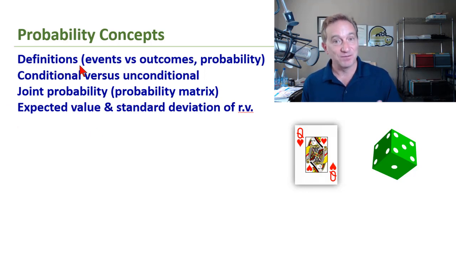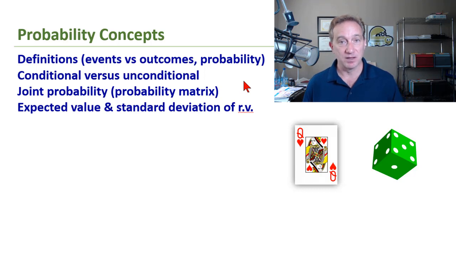definitions. We want to get off on the right foot in terms of defining our concepts, including the distinction between an event and an outcome. And also we want to formally define what it means to be a probability, so that when we refer to a random variable, we have properly characterized that random variable with a probability or a probability distribution, and there are criteria for that. Then we have some important definitions in these 2 items here: conditional versus unconditional probability, and also